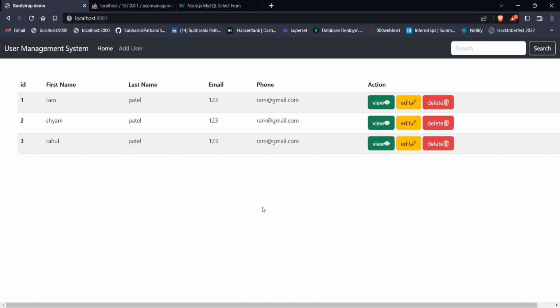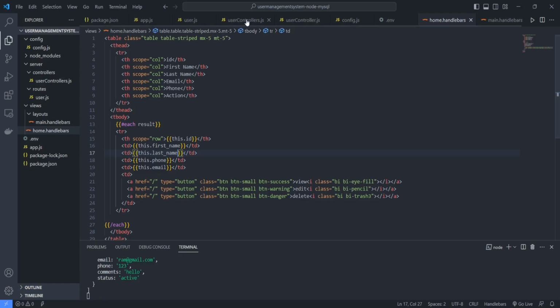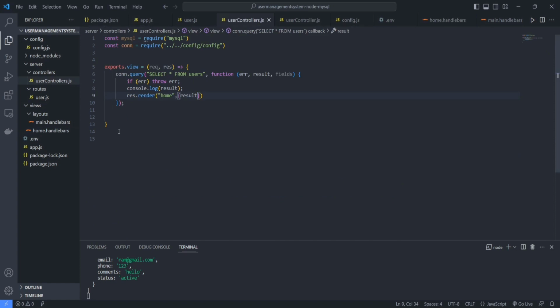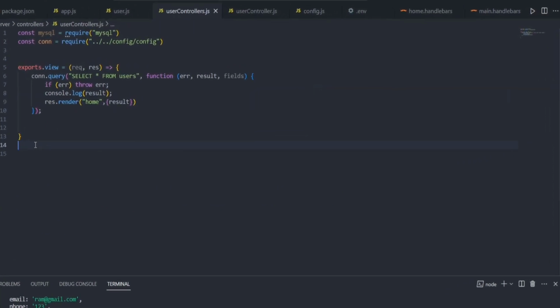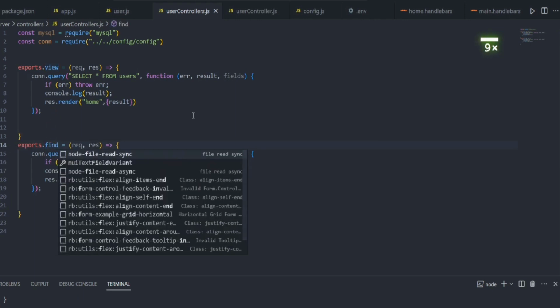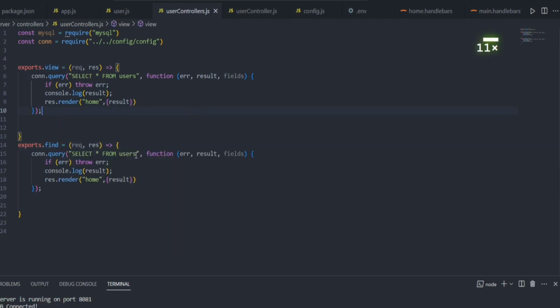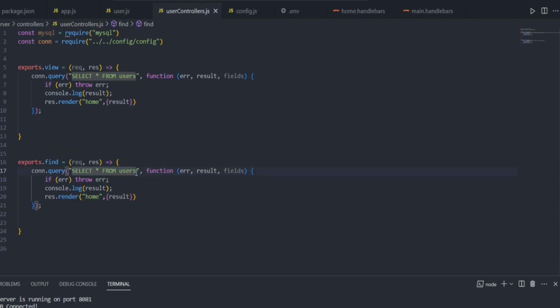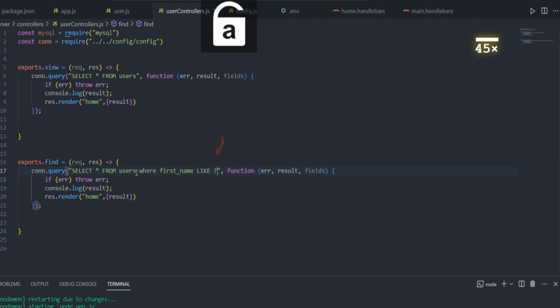Now it is the time to do a task which is searching a particular user from our database. And inside the user controllers, you can also write another function which is the find function. So for that, you can write here find, and after that, here we have to write a query. Select star from users where first underscore name, then you can use a keyword which is like, then question mark, or